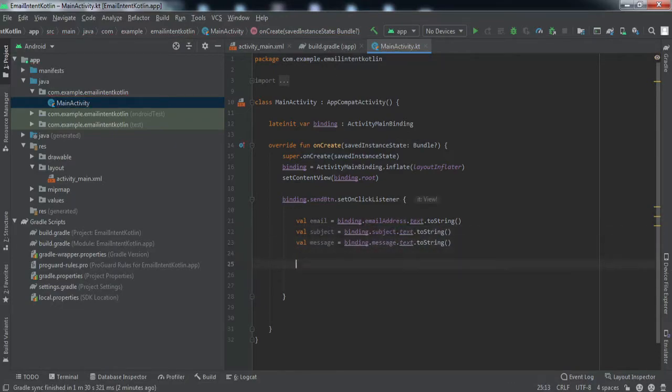So we have got all the values for the email subject and the message. But as you must have noticed, when I was demonstrating the app, I entered two email addresses, right? So we need to get those email addresses inside a string array that are separated by commas. So for that, I'll use